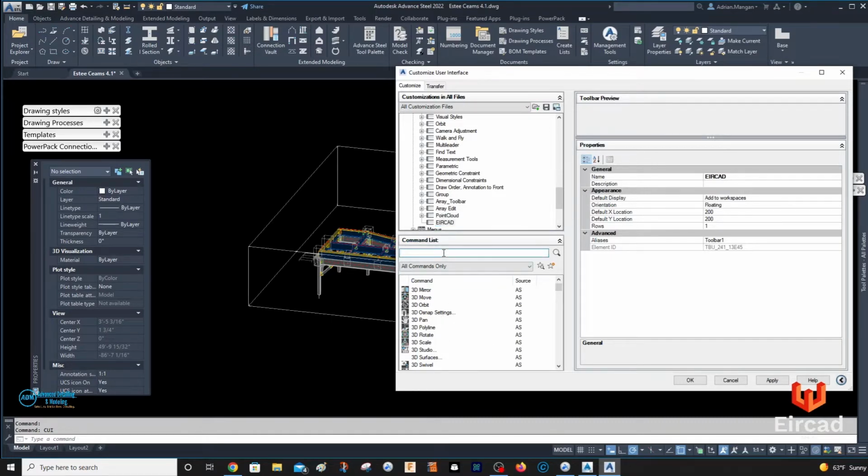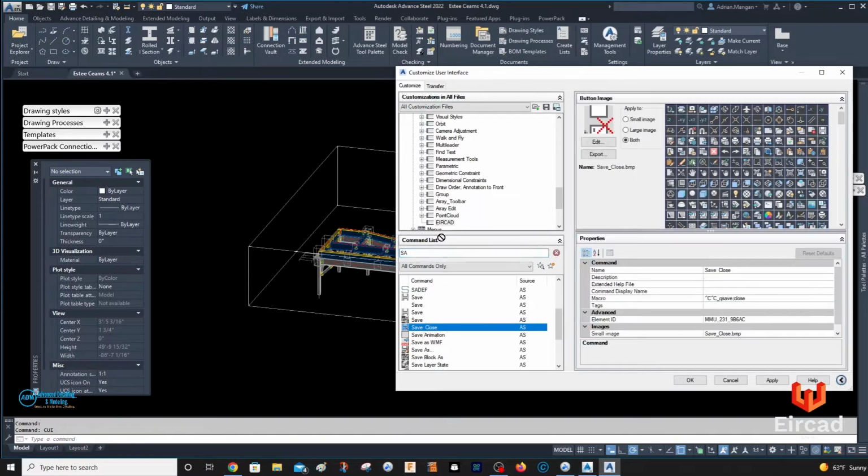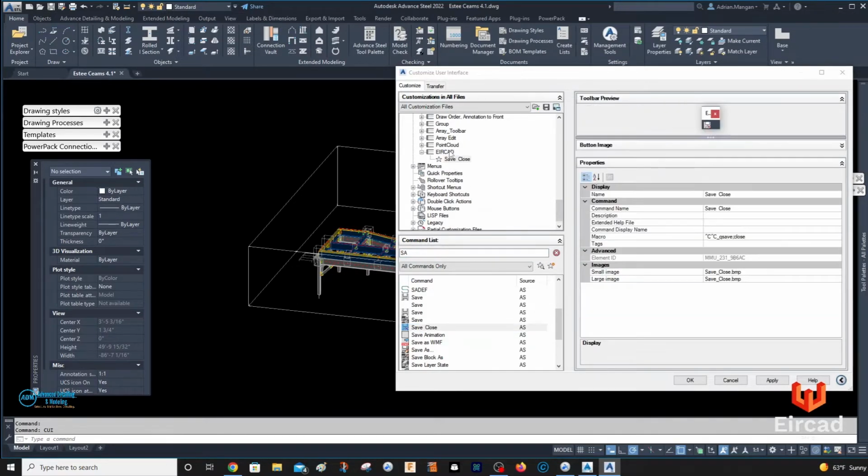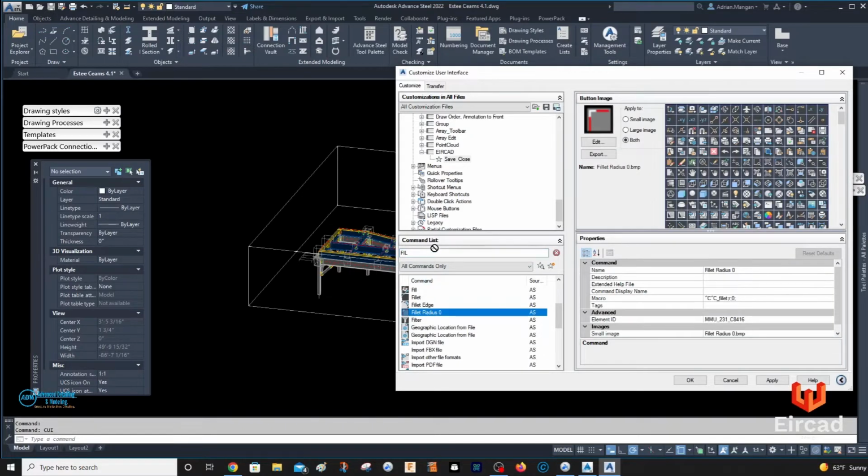Let's type in something: save. Save and close is quite a popular one for me. I already have it on the palette, but I want to put it in here also. I'll put in my fillet radius 0, another favorite of mine.